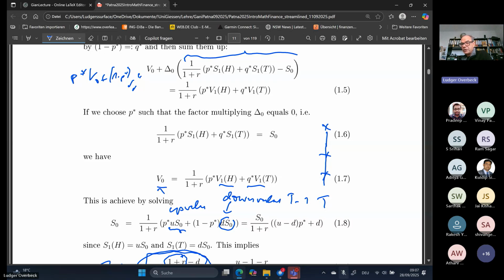They should be related somehow and be reasonable from an economic point of view. And then you get this P star,